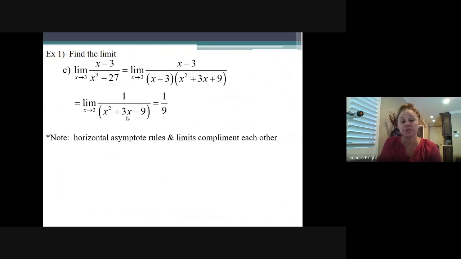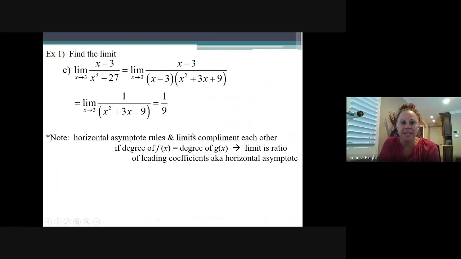I've mentioned this to you verbally. I'm going to give it to you now in written words so that you really know this is true. All of the horizontal asymptote rules that you have learned in the past and limits, they complement each other. They are the same. If the degree on top is equal to the degree on the bottom, so you've got an x cubed over x cubed, then your limit is going to be the same as the horizontal asymptote, and it is the ratio of the leading coefficients. Whatever those leading coefficients on the x cubed are, that will be your limit. If the degree on top is smaller than the degree on the bottom,